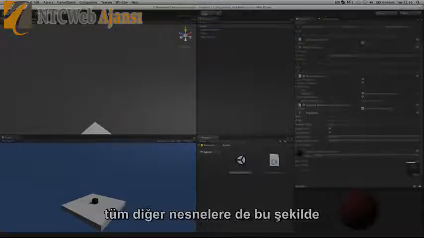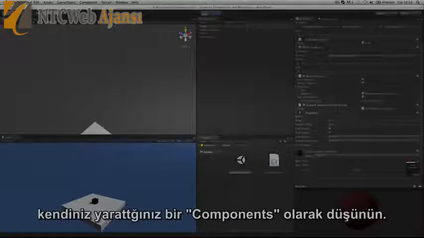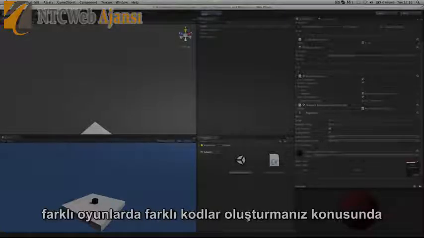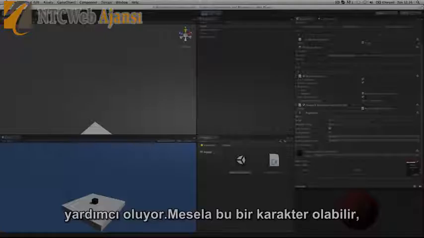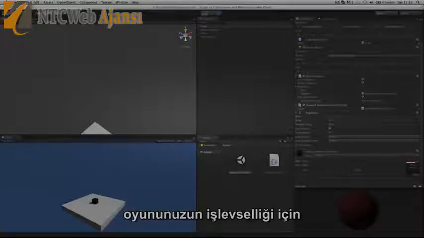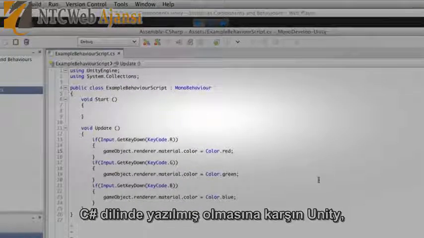Of course, you can apply scripts to do all manner of other behaviors of objects. Try to think of scripts as components that you create yourself, allowing you to create behavior for different game objects in your game. This could be characters, it could be environments, or it could be scripts that manage the functionality of the game. This example script that we've looked at is written in C#, but in Unity you can